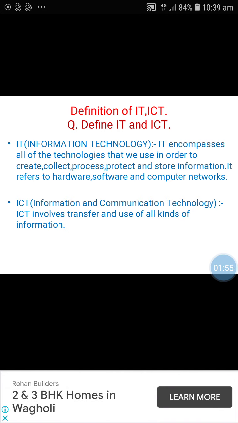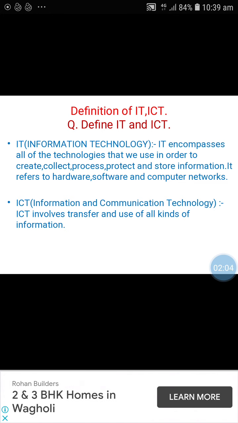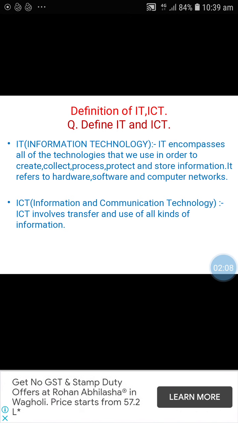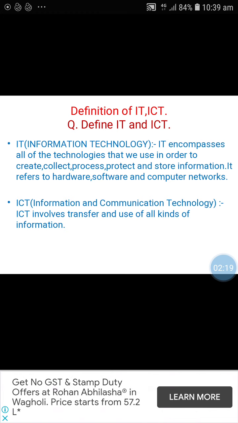And computer networks means interconnection of the networks, or you can say the internet. So this is the basic definition of IT. IT contains hardware, software and computer networks.